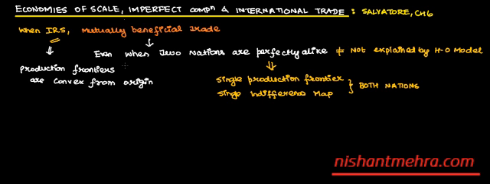Now with identical production frontiers and indifference map, in the no trade equilibrium, the relative commodity price in the two nations will also be identical. So you have